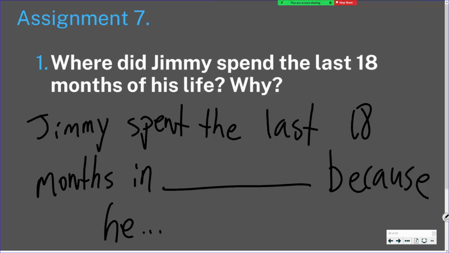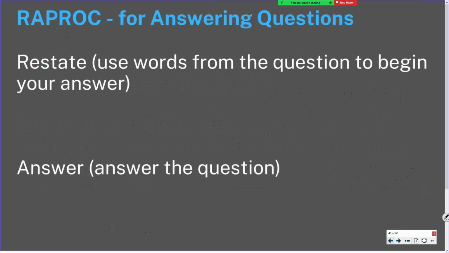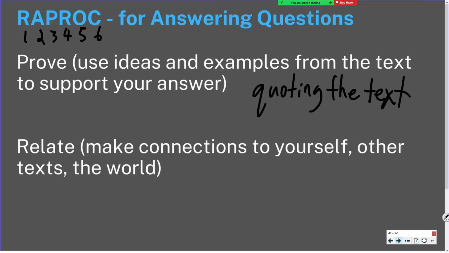So that's R, RAP-ROCK. I'm going to answer that question, so that's going to be restating and answering. And if I tell them why he spent his last 18 months in jail, I'm probably going to use a quote from the text. I'm not going to be making connections with myself for this question, so relate is not really needed here. But I'm going to prove it, and I'm going to go to the text that says where Jimmy was, and I need to support where he was, and I have to support why he was there. So I'm going to prove it,